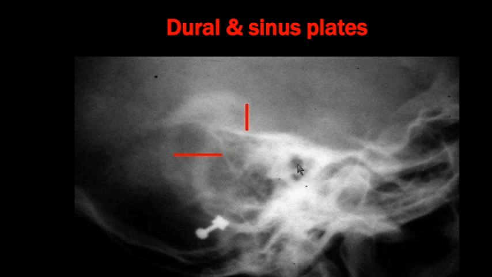So I had told you in X-ray, air is black, bone is white, and anything in between is anything between black and white. So the term used, if it is white, you call it radiopaque. These are areas of radiolucency. See, bone is white, complete white. Wherever you have soft tissue overlapping, you get areas of radiolucency. And this is complete black because it has air of the external auditory meatus.